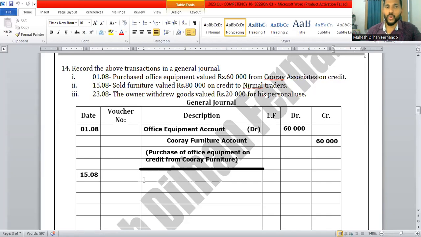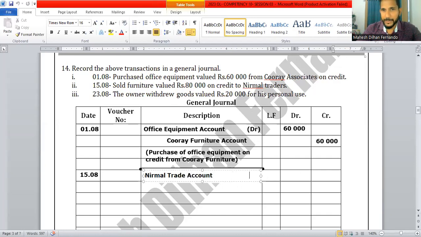Likewise, don't call this receivable debtors, because debtors are created from credit sales of goods. But this is a credit sale of a non-current asset. Therefore, you have to use the name of the business. You have to say Nirmal Traders